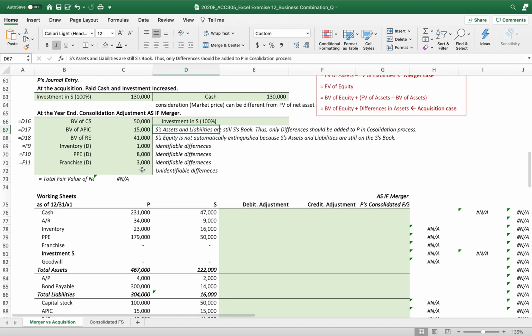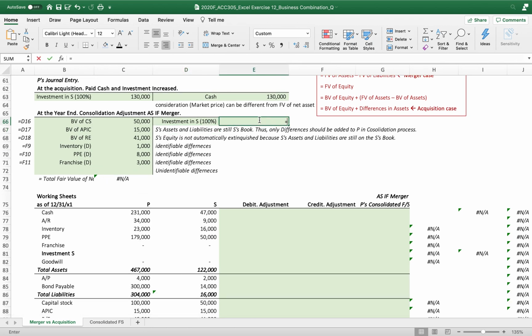And then, as you can see, that investment amount should be reciprocally removed. Then what is this? That is the consideration, net of the fair value of net asset. So goodwill is created. How? Now simple. 130,000 minus